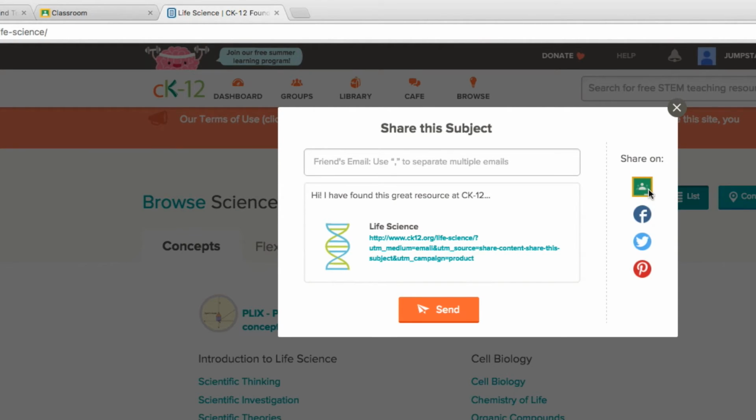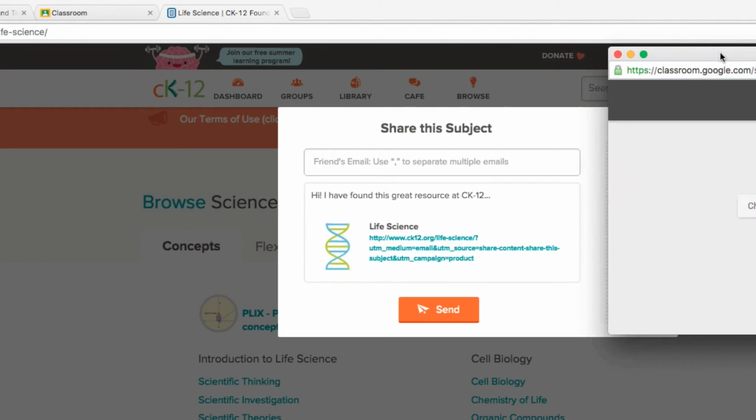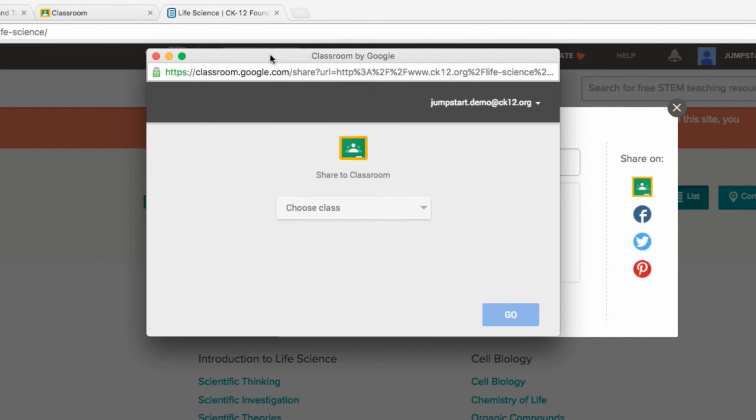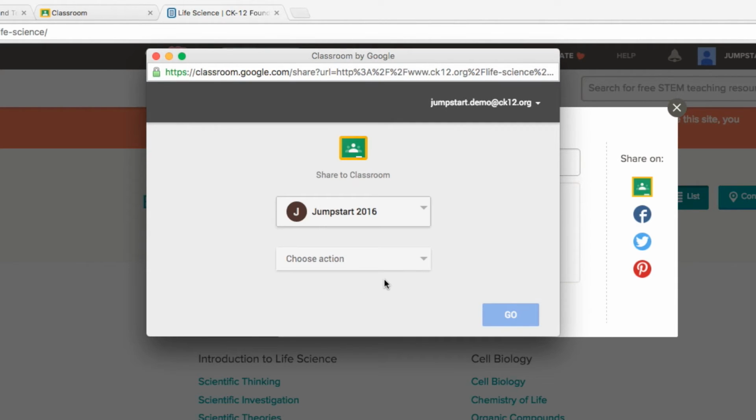I can click on this, and you'll see that since I'm logged into Google Classroom, it pops up my options. I can begin by choosing a class, let's say Jumpstart 2016, and then an action. As you can see, I can create an assignment, ask a question, or make an announcement. If I make an announcement,